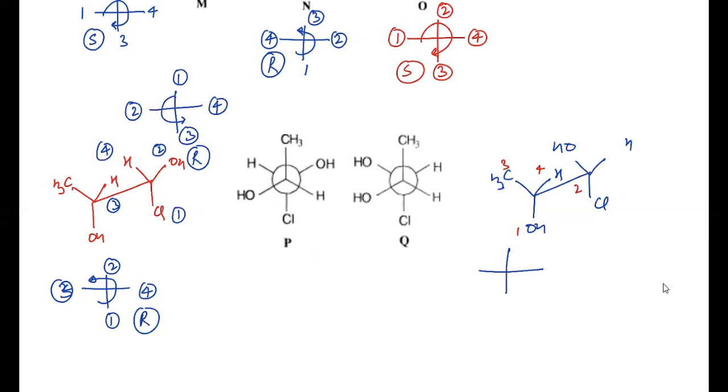So if I write the configurations now in this Fischer form, this is 1, this is 2, this is 3, this is 4. 1 से 2 होते हुए 3 की तरफ जाना है. Sense of rotation is anti-clockwise, so S, but H horizontal पे तो उसको R configuration लिखेंगे. ओके,